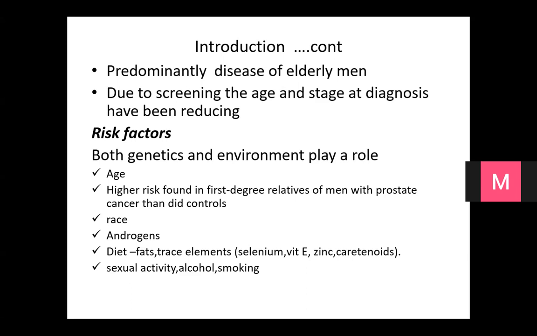You cannot control your relatives. You can't decide who your father is, who your uncles are. And you can't decide whether you are African or Asian. So that's why it's important to always think about the component of screening, so that you get these cases early. Of course, androgens, we talked about them. Diet